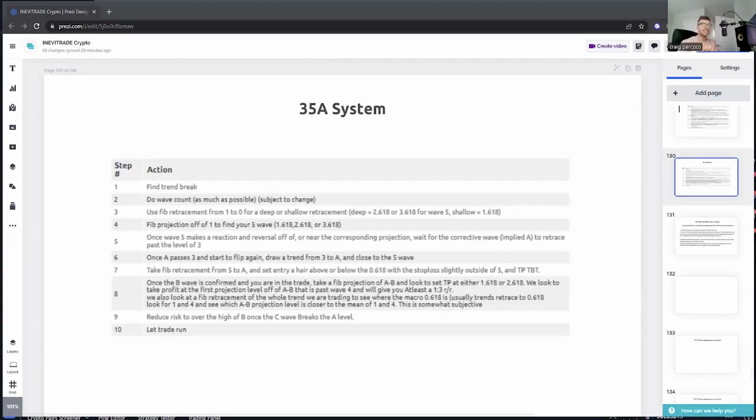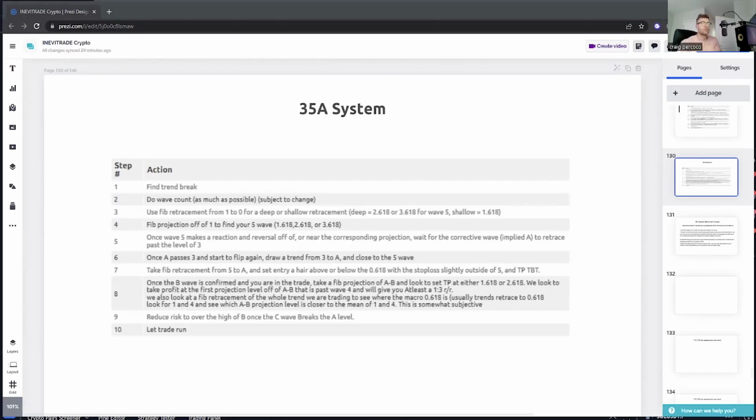All right, let's get into the detailed breakdown of how exactly to trade the 3-5A. I'm going to really take my time and go over all of the things I consider and think about, and then all of the added confluences that I'm going to show you in here that obviously aren't public information. This is really what we're doing on the premium side to make sure that we have the